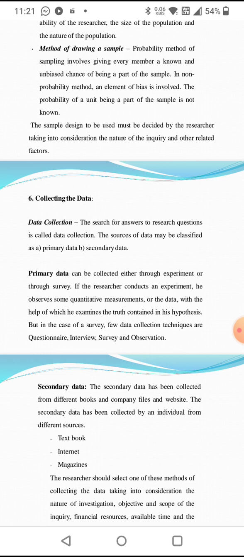Primary data can be collected either through experiment or through survey. If the researcher conducts an experiment, he observes some quantitative measurements of the data with the help of which he examines the truth contained in his hypothesis. But in the case of a survey, data can be collected by any one of the following ways: